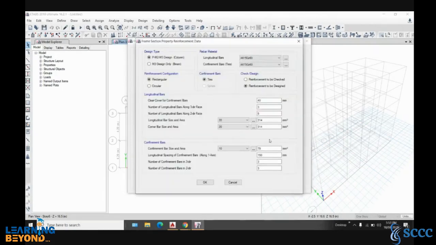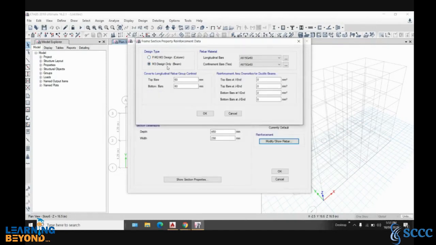Click on that, and here for column this, and for beam, only beams are designed for flexure. So click on this, M3 design only for beam, and write the bottom bar reinforcement here, cover to longitudinal rebar group.